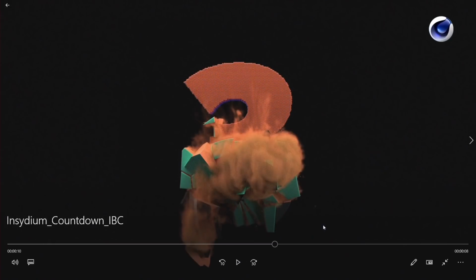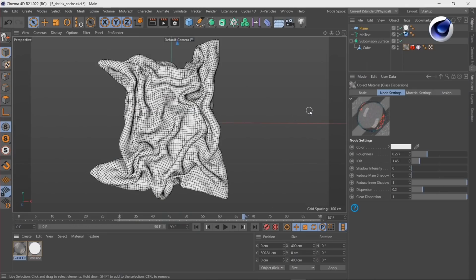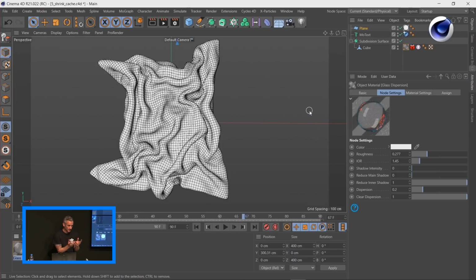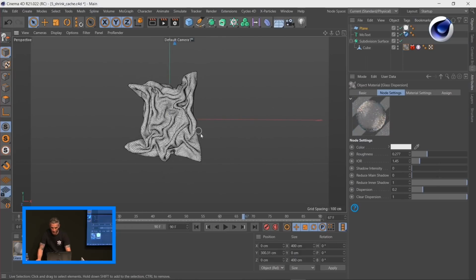So there's two things going on. The cloth is tearing and disintegrating at the same rate as the fire is burning its way across that material. And we have to sync this up perfectly to get it to work. And what's fantastic about the way in which X-Particles is unified is that we're going to guarantee that animation is going to be spot on for both the fire and the tearing. And it's because of the way in which we set it up, it's impossible not to be. So what I'm going to do is,